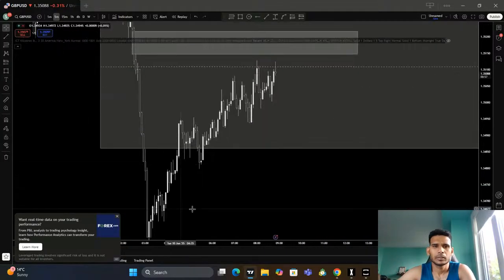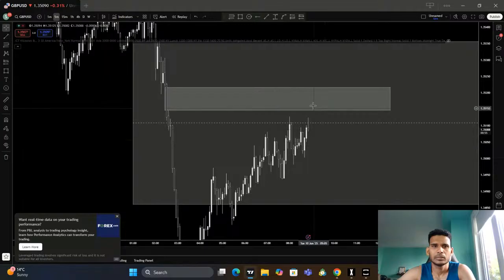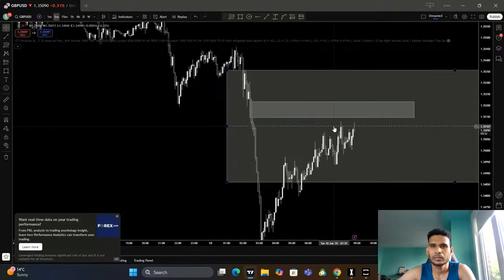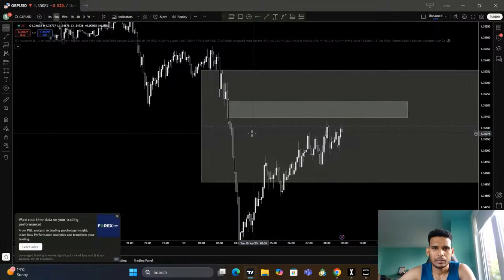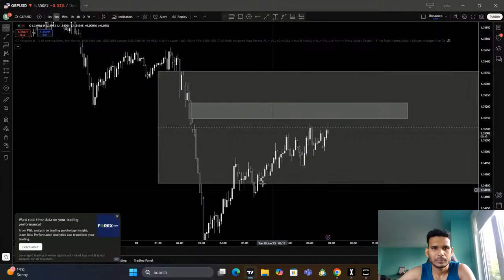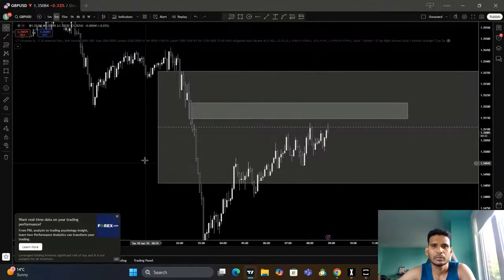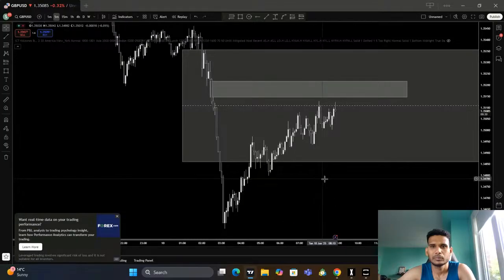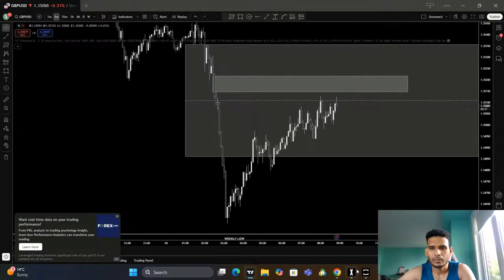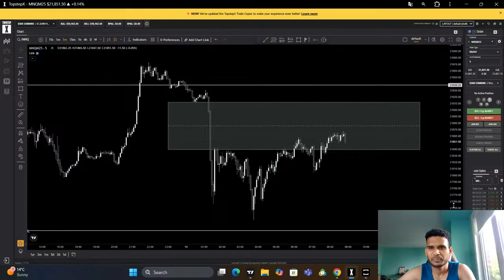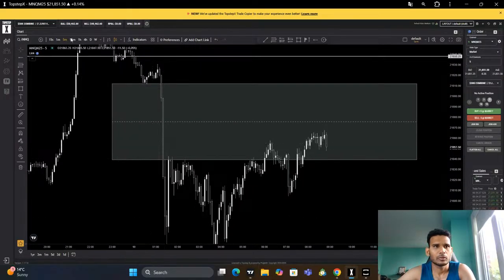Still, I'm going to go for a shot, but I don't know where it's going to be. It printed a model after it tapped the 50% level, but it's on 5 minutes. This kind of flipped upside, like it swept the high, but it flipped the range. So I was a bit confused. Once I tap this range, I can be more happy to sell. Let's see, bro. What about here? Nothing much to talk about.